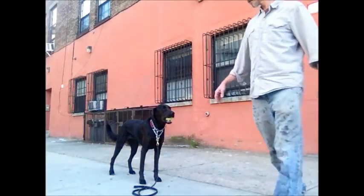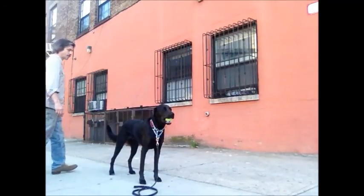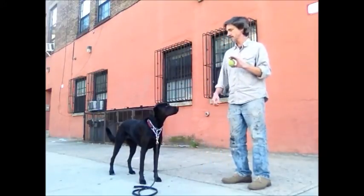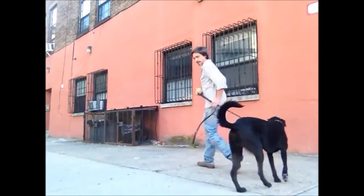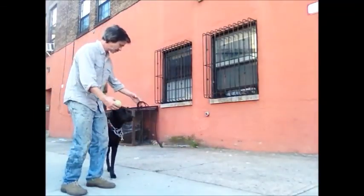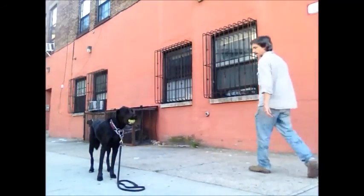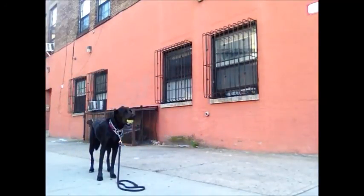Now there's people walking around this dog. The dog has to do two things. The dog is holding the tennis ball and it has to be in the whoa position. So we're incorporating things as we go. We're tying commands together so that it really understands the language, and this is how we do it. We do it by repetition. So we do it again, and we practice this over and over again, where the dog just holds the tennis ball in its mouth and stands in the whoa position, doesn't move,